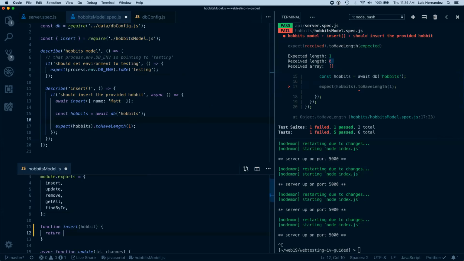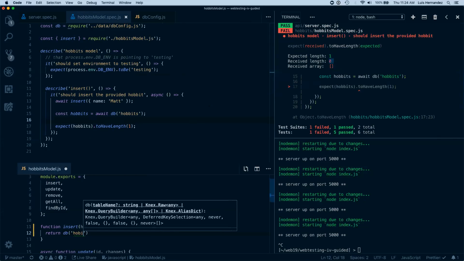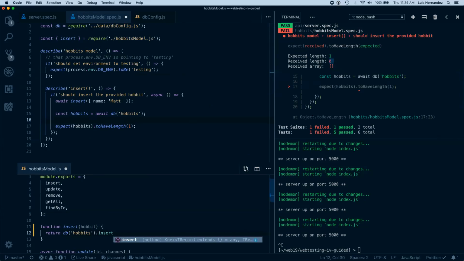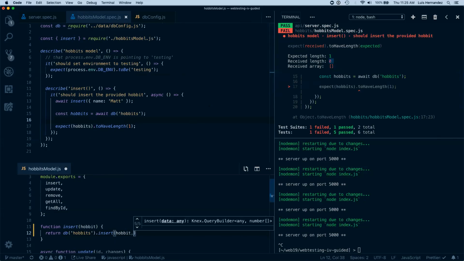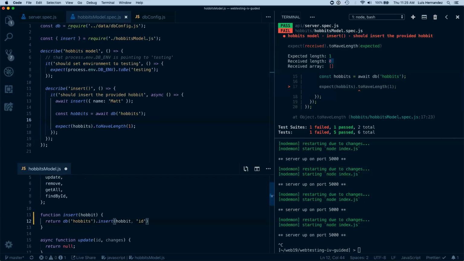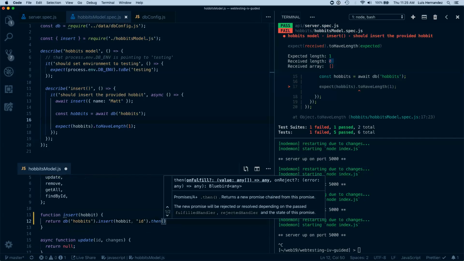We are just going to call the insert on the db hobbits dot insert, and we pass hobbit. And of course, we always want to foolproof this by having this. And then, of course, this will just return the collection of IDs. That's fine if that's what we want. But let's say that we wanted to implement this in such a way that we return, instead of just the IDs, the actual hobbit that was inserted. Then instead of returning this, we just need to dot then db of hobbits, or select. I know that we're going to get the IDs, right? Like this, and